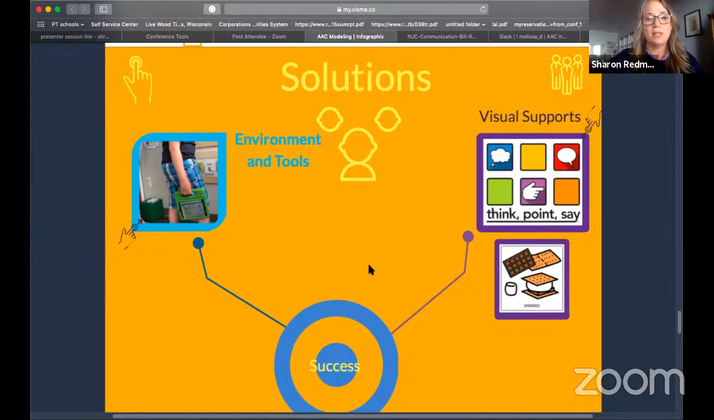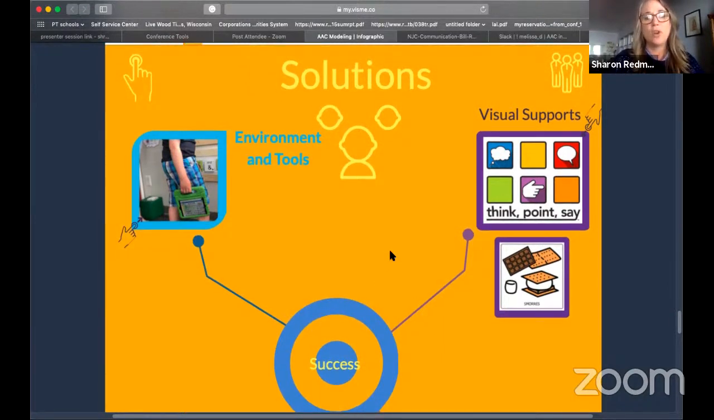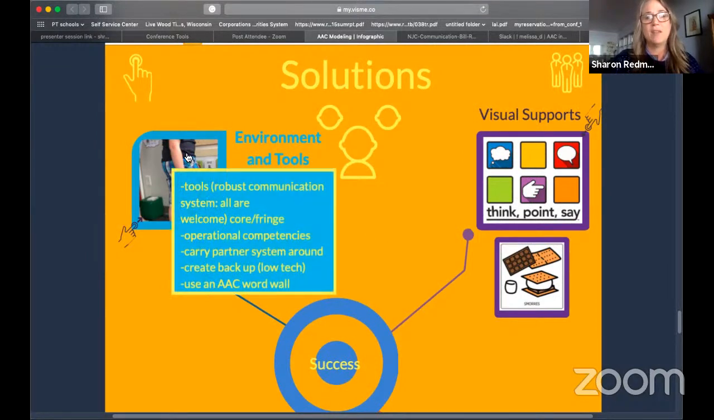So here's some solutions. So, starting again, so looking at the environment